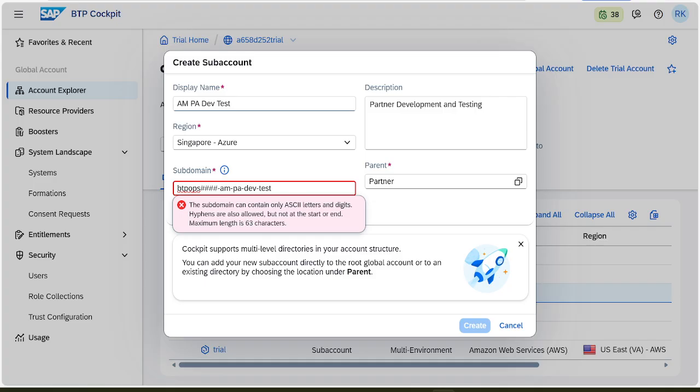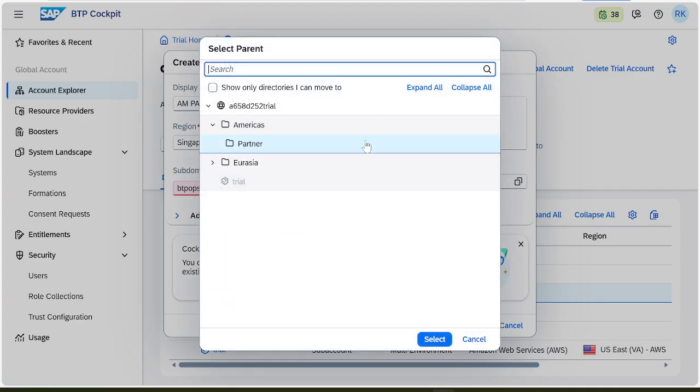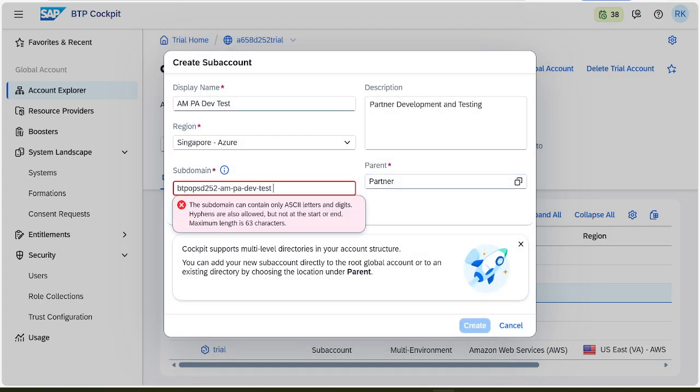Hyphens are also allowed, but not at the start or end. So the hash you have to replace with the global account number, 4 digits. D252. Okay, the subdomain contains only letters. A space I have just removed. That's why you can see.